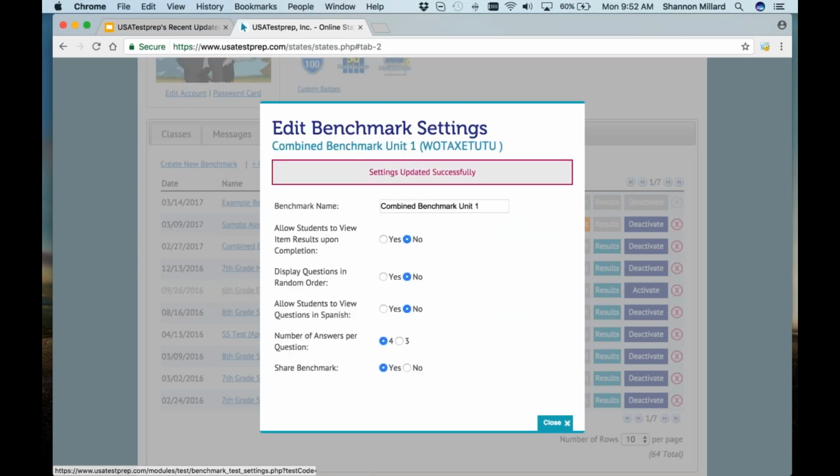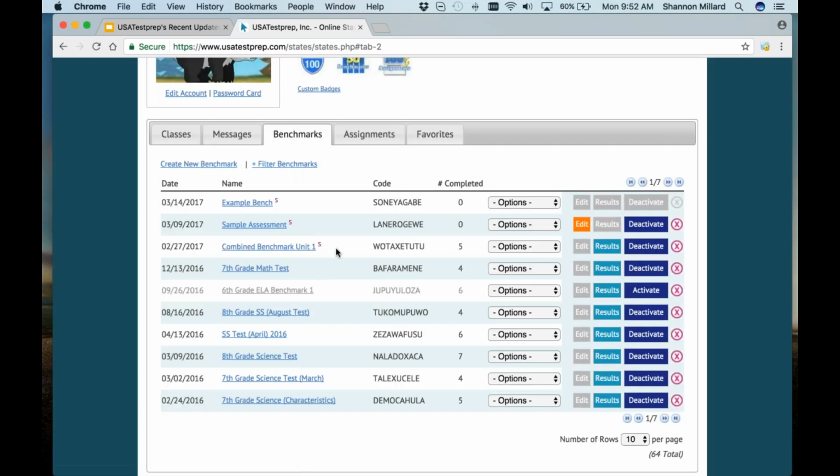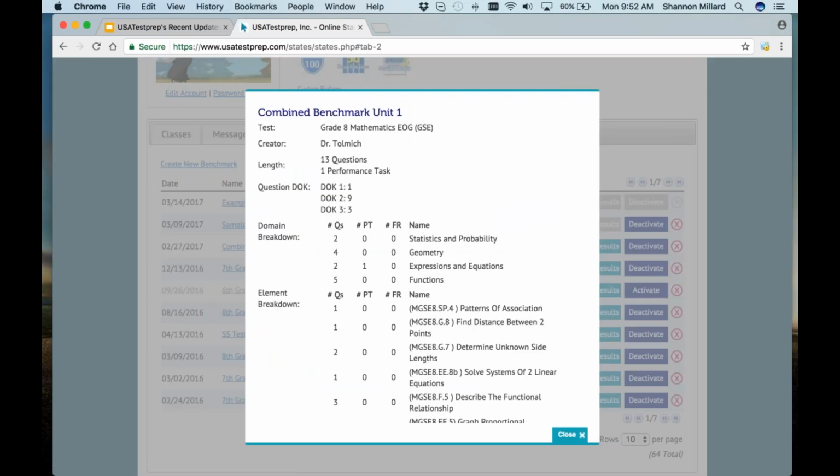And then once you save it, it's going to add a little pink S. That way you know it's now visible by any teacher at your school for, in this case, grade 8 mathematics EOG. So that's how we decide who it gets shared to. You don't pick and choose which teachers it gets shared to. It's just anyone who has a class